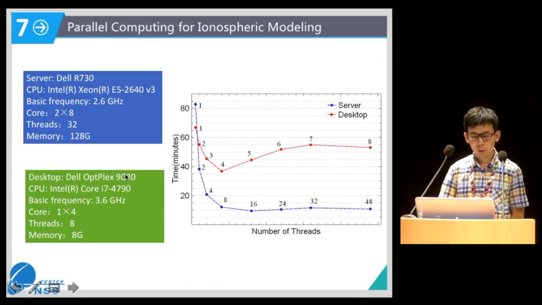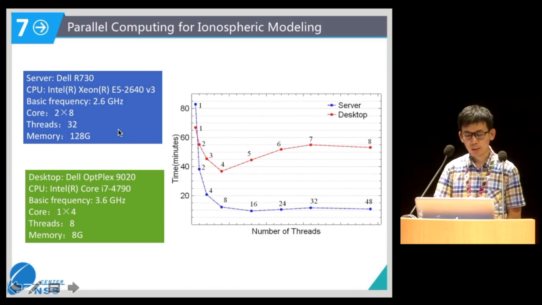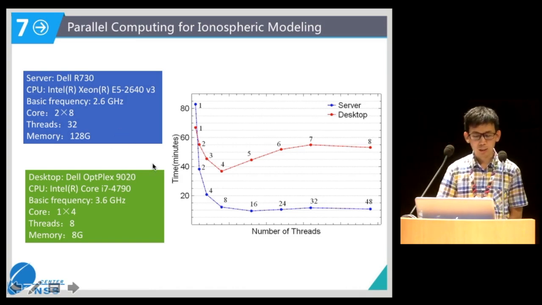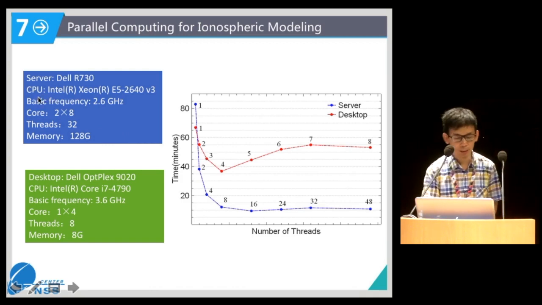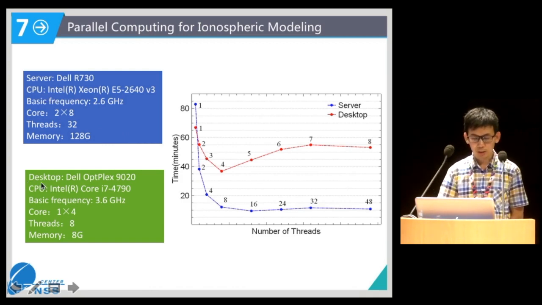to use the multi-thread mechanism to test the time consumption of the data processing. There are two computers involved in this experiment. Firstly, we have a server, and we have used a desktop to do this experiment. The result is shown in this